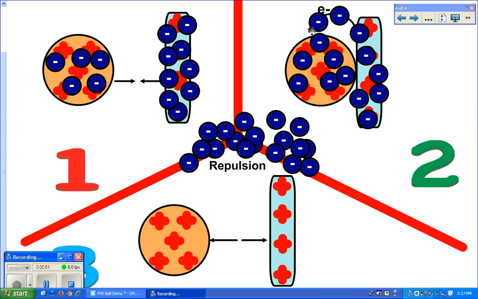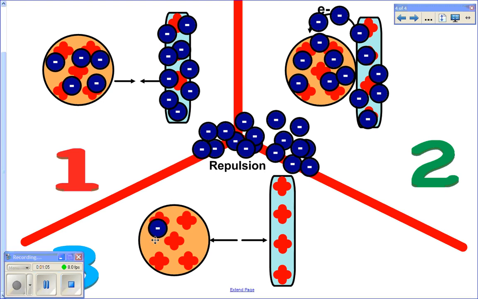In section 2 here, we said that while electrons are being transferred, if you follow the icon on the screen up in section 2, the electrons are being transferred from the rod to the Pith ball. So what's the end result? Okay, we don't have a neutral Pith ball anymore. So I'll put 5 electrons on the Pith ball. That's neutral. But we don't have a neutral Pith ball anymore, because a neutral Pith ball would not be repelled